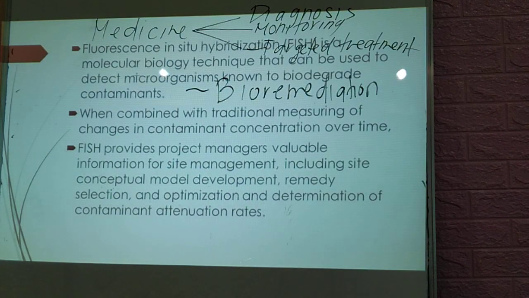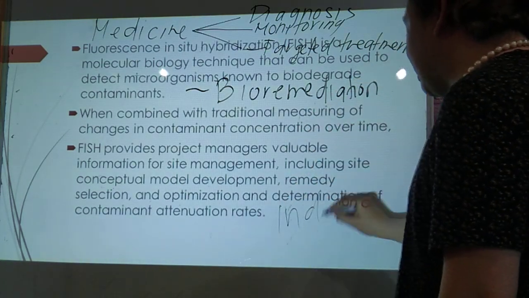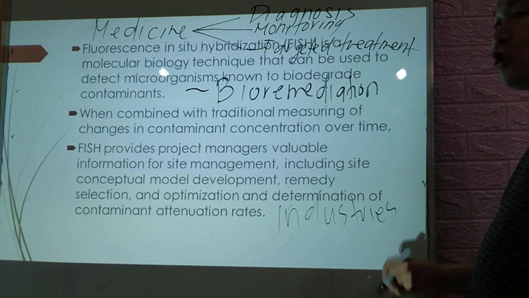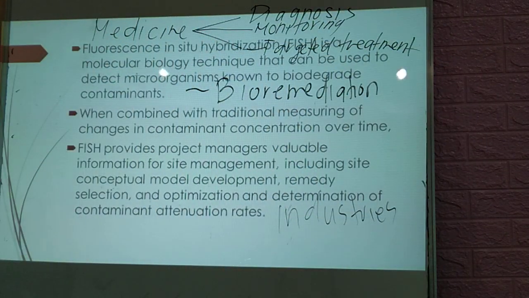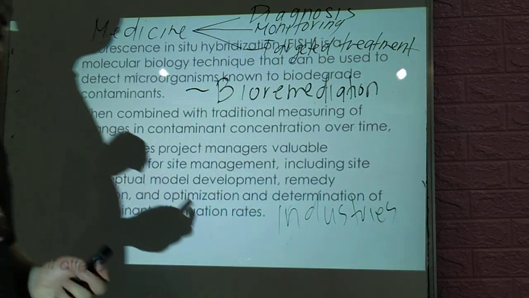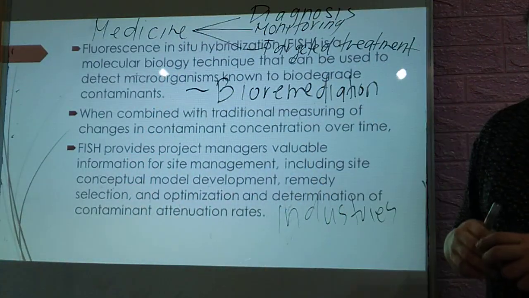Okay, so let's continue. When combined with traditional measuring of changes in contaminant concentration over time, FISH provides project managers valuable information for site management, including site conceptual model development, remedy selection and optimization, and determination of contaminant attenuation rates. This is just, again, more of industries. Okay, so this definition here is associated with maintaining a specific program that will monitor the spread of pollution and counter that in order to maintain that specific status, which is known as, if you are to remember, guys,